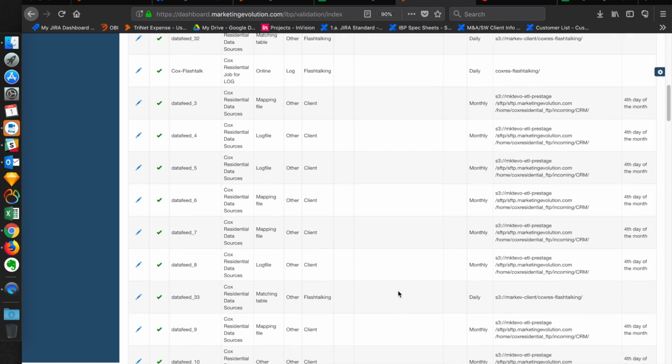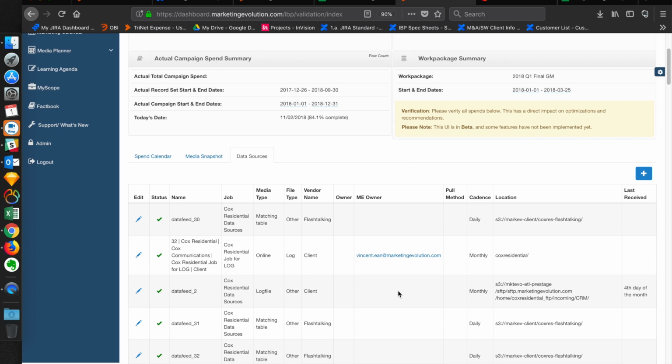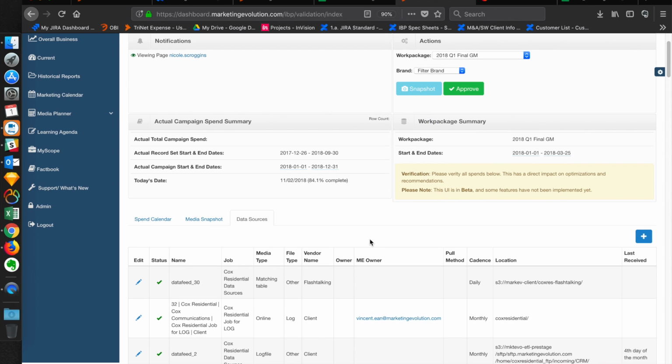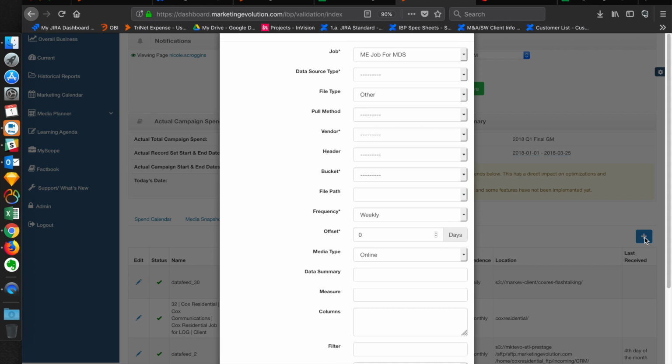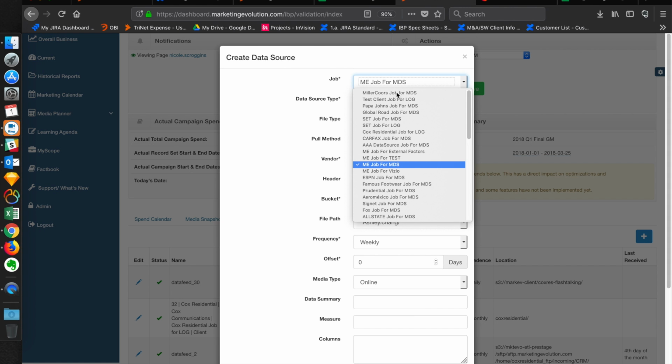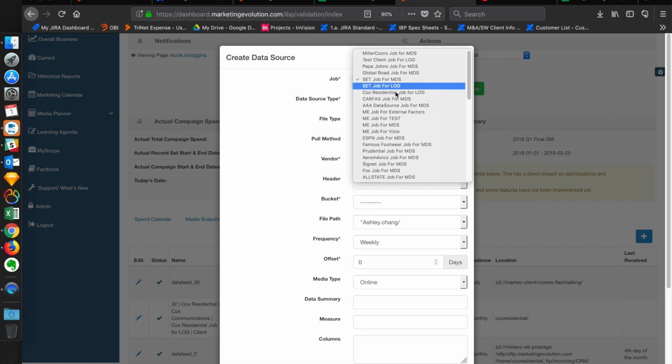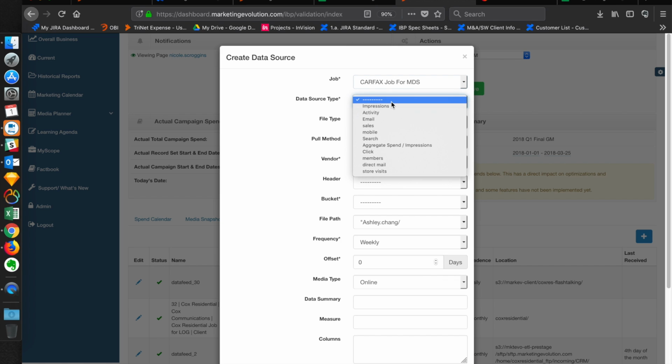So I'll be going through with Vince and team, adding those as they keep adding to the new onboarding. So this is what it looks like in general. To add a new data source, we would go in here, we would pick, and this will be filtered by customer. So we would go to Cox Residential, we'd pick a data source type,